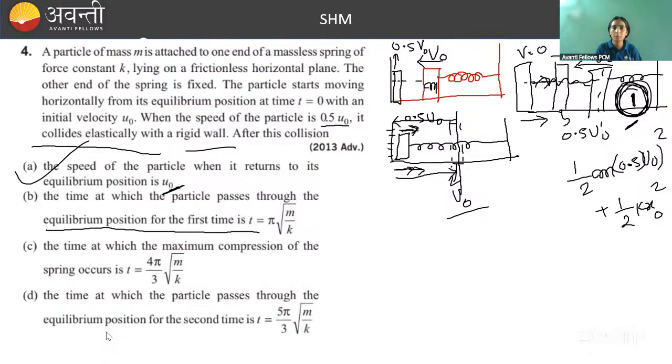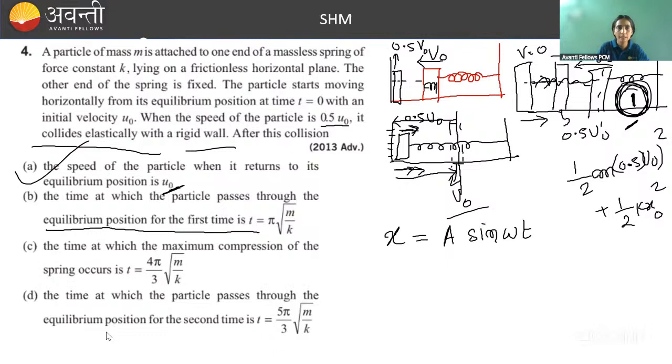How will you find it? Tell me. What will you do? Tell me. Use the equation. I mean, which equation will you be using? It initially started from equilibrium position, right? Yes. So from equilibrium position, whenever there is a spring mass system SHM, you can simply write A sin omega